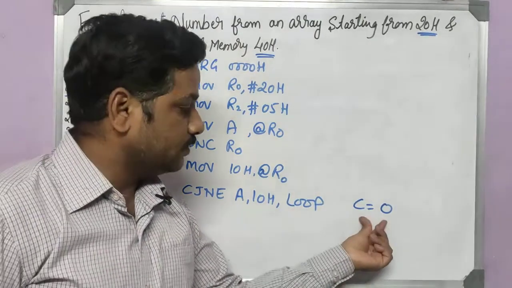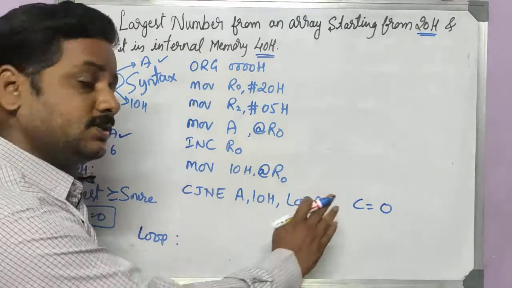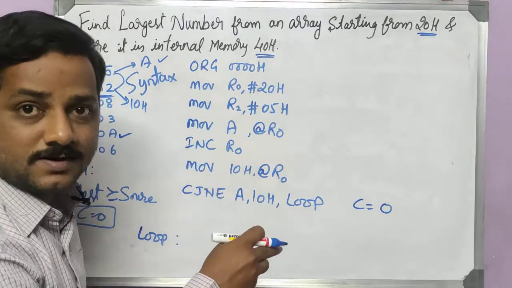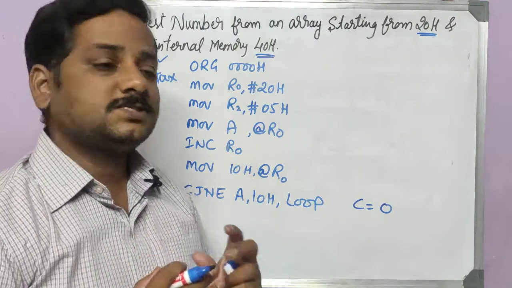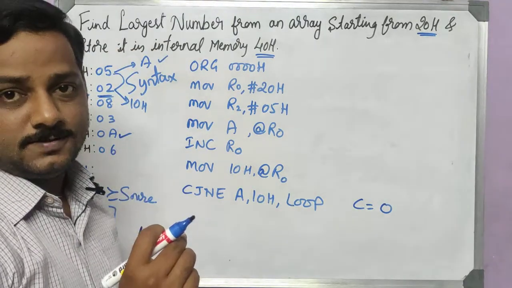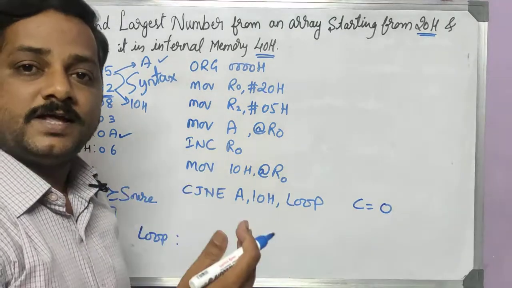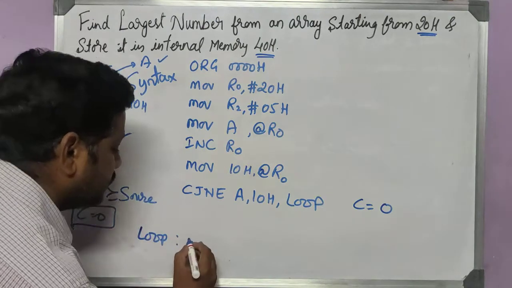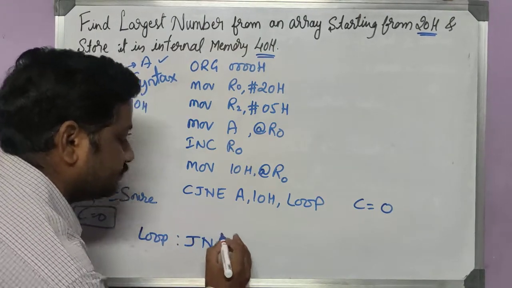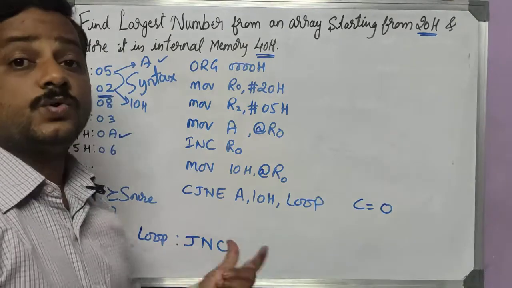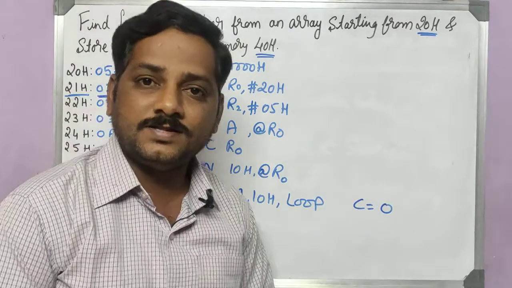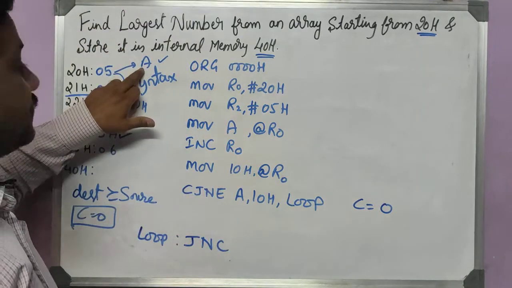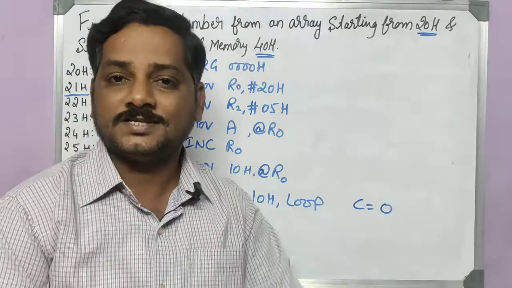Right? So now, this has been generated already by the system. Here we need to check that carry flag. To check that carry flag, we have instructions called JC and JNC. JC means jump if carry, JNC means jump if not carry. So if no carry, I will use that instruction now, JNC. Jump if no carry. If no carry, what does it mean? The accumulator number itself is larger.